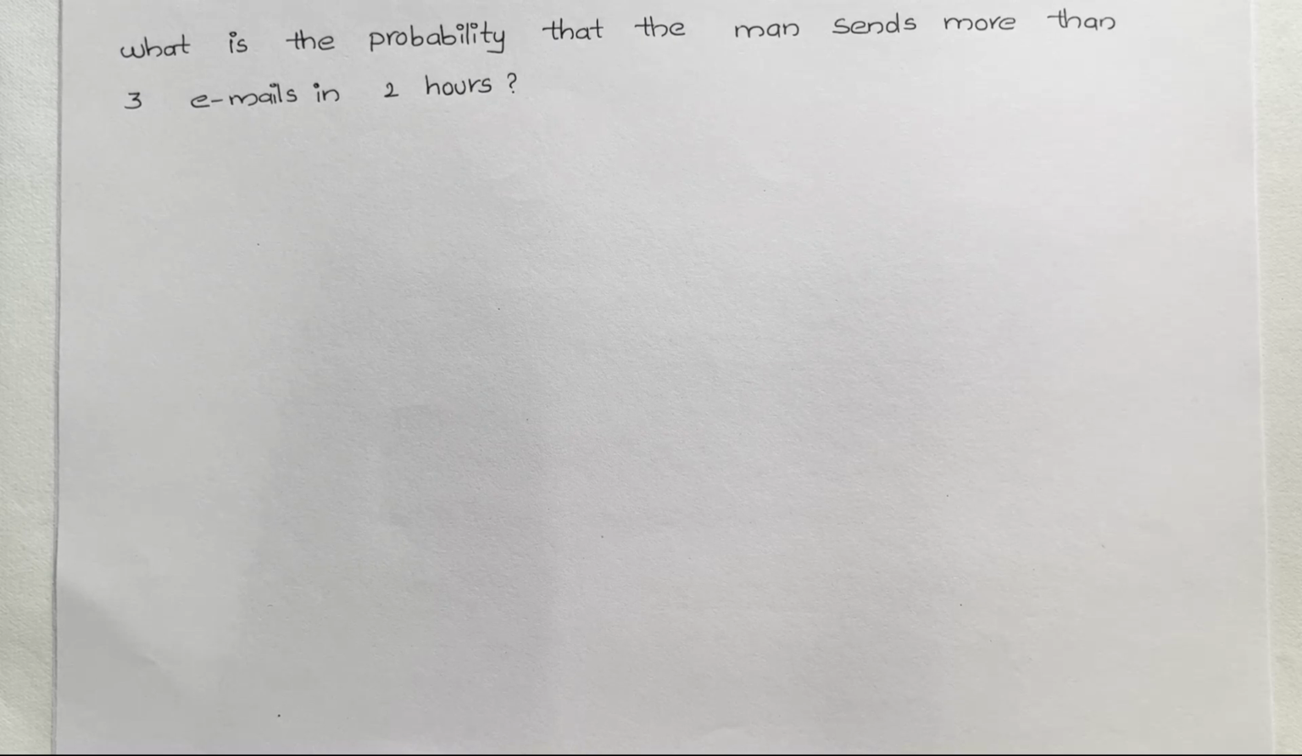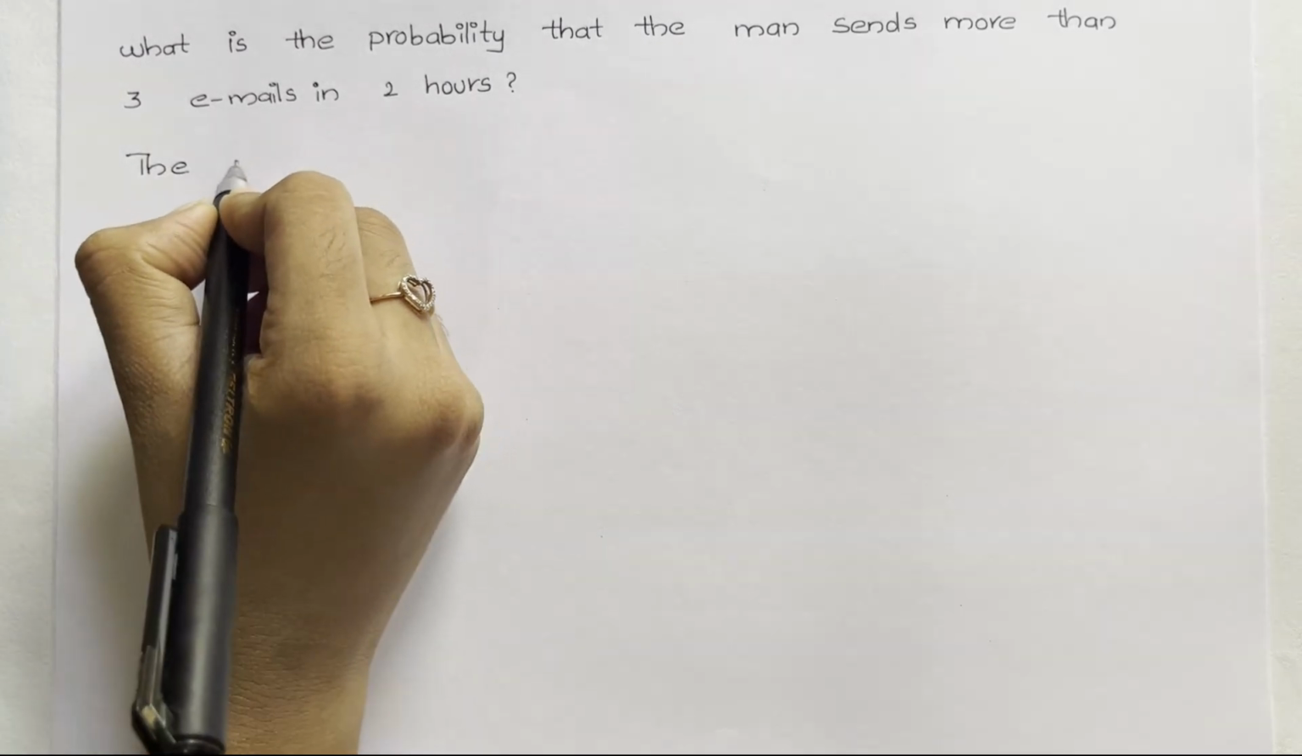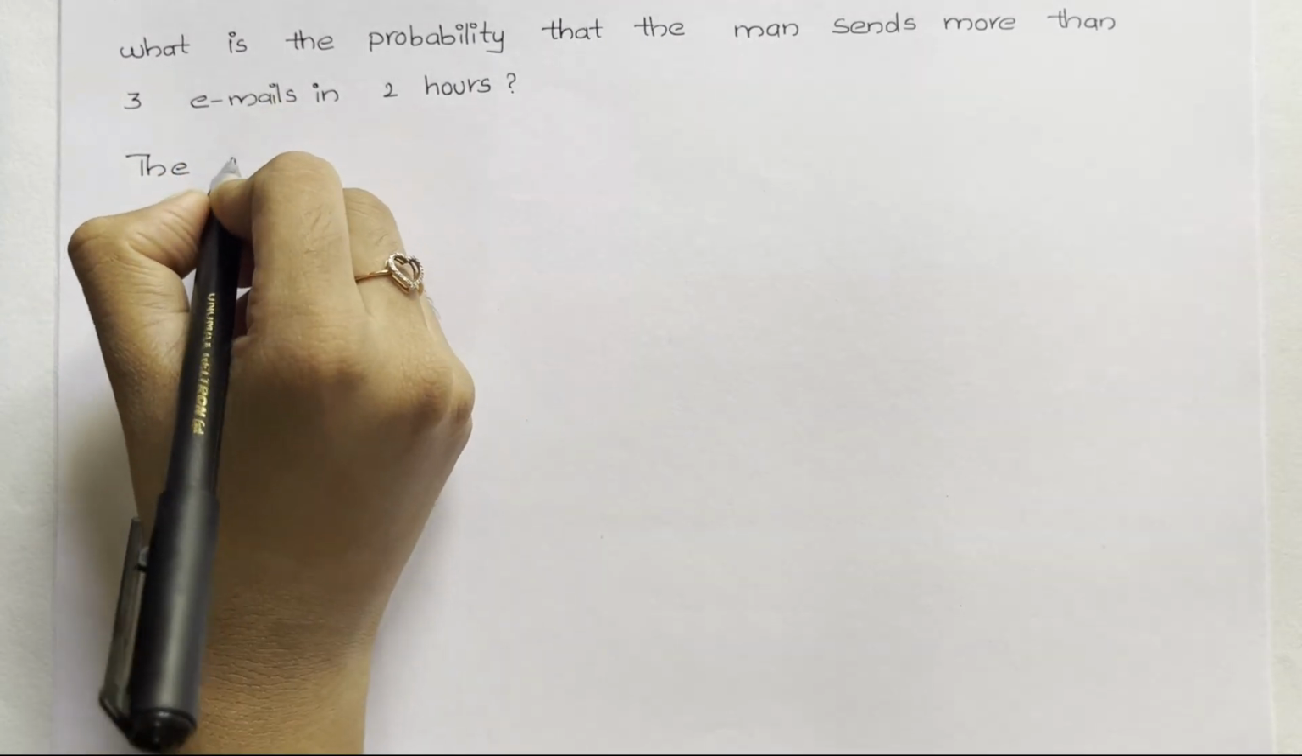Hi friends. Here, the question is: a man can send on average 2 emails per hour. What is the probability that the man sends more than 3 emails in 2 hours? We know that the Poisson probability formula is